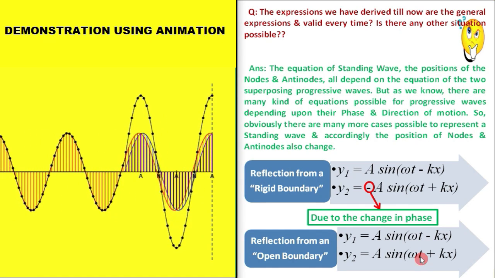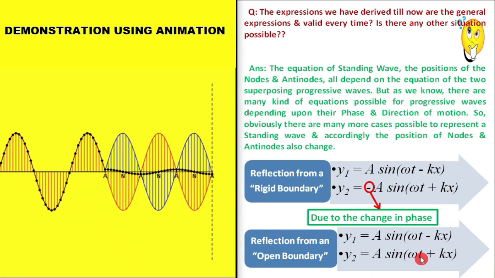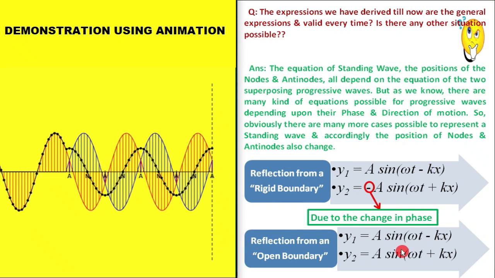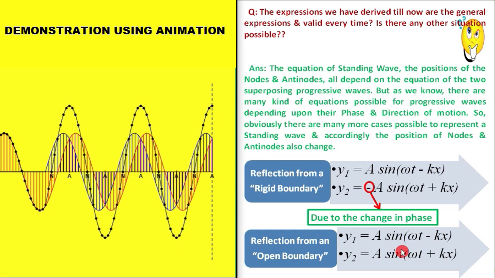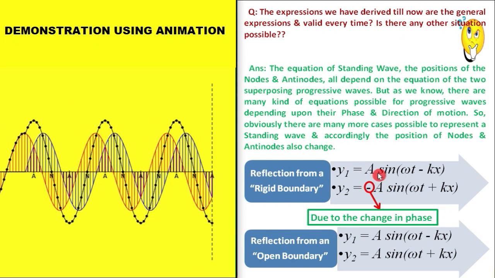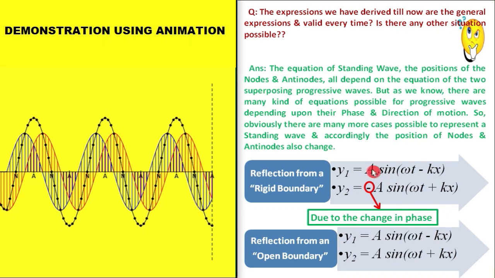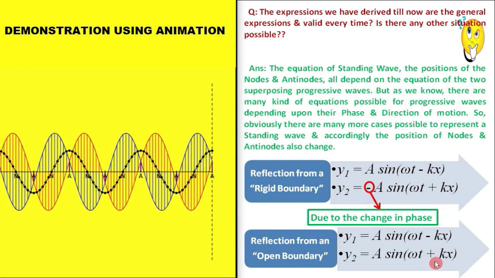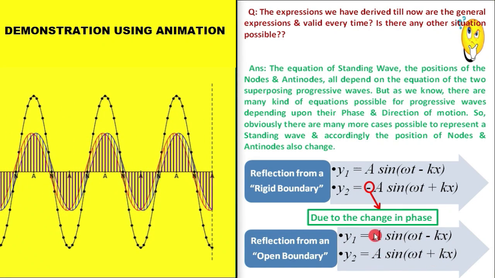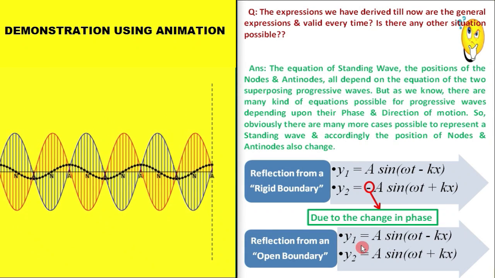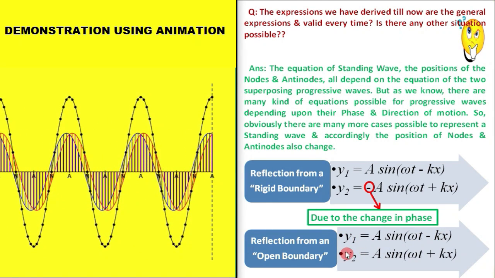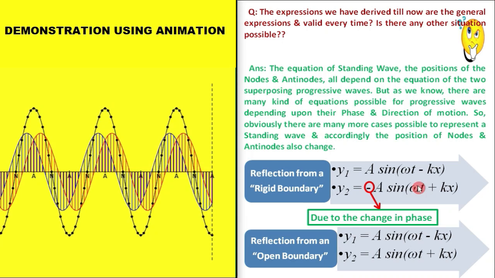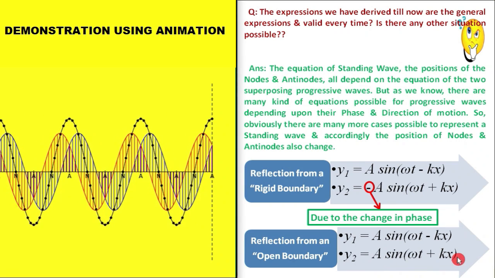And when it happens, remember this point. If you have understood the reflection of waves, then I think these points will be clear. If you have not understood, then we can discuss that later. But for now remember: when a wave is reflected from a solid or rigid boundary like here, its direction and its phase both are going to change. But when it is reflected from an open boundary, only its direction is going to change, not its phase. So in this case, what are the equations of the red wave? This is the equation of the red wave, this is the equation of the blue wave. So only the minus changes. It was minus a sin(omega t plus kx), now it is a sin(omega t plus kx).